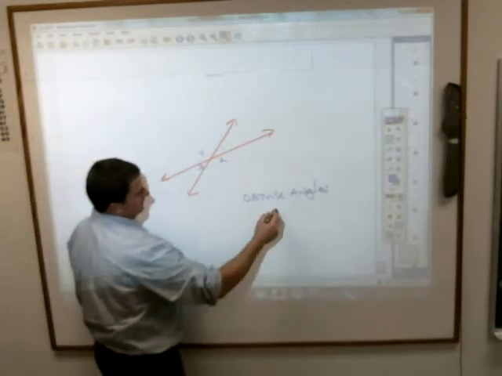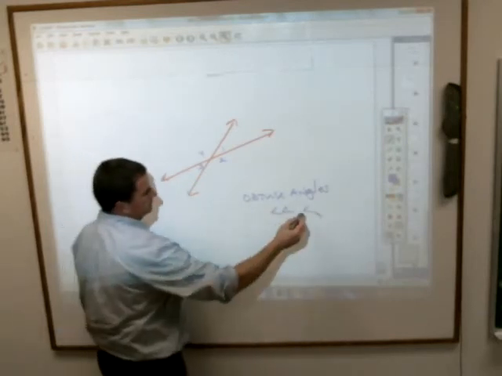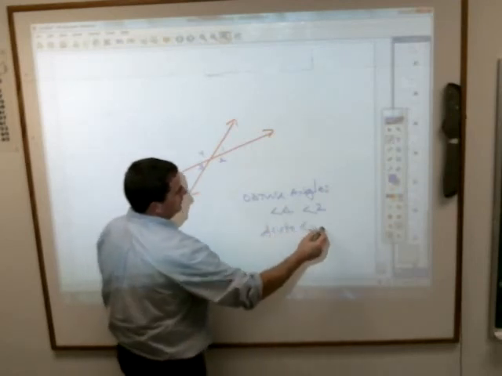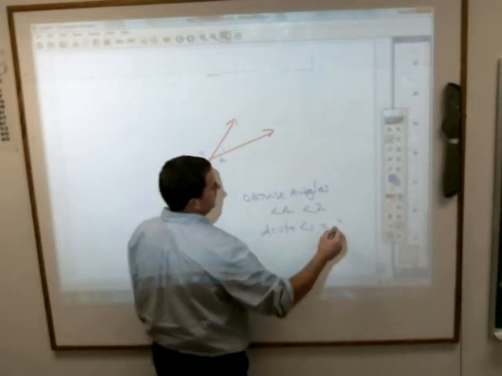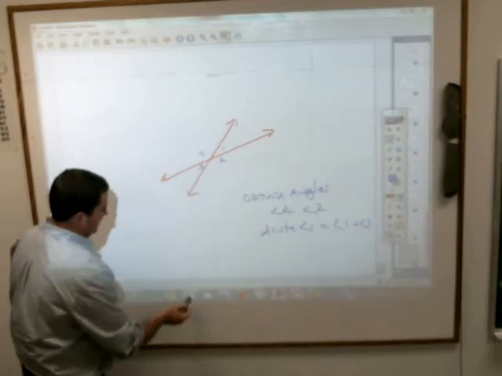Angle 4 and angle 2. And the acute angles would be angle 1 and angle 3. That, ladies and gentlemen,